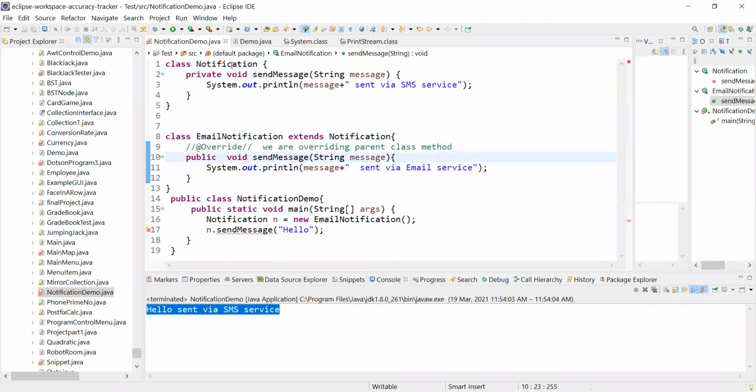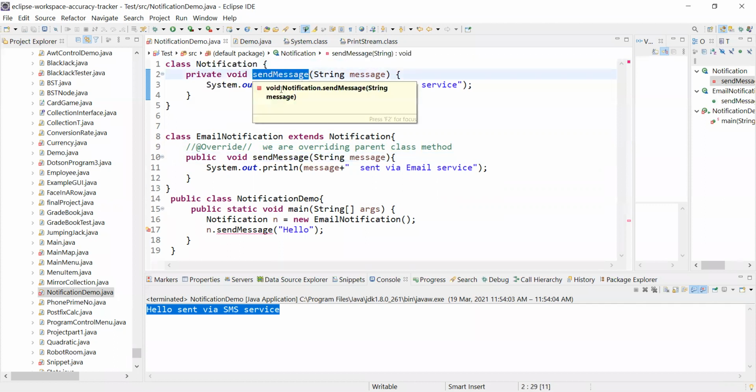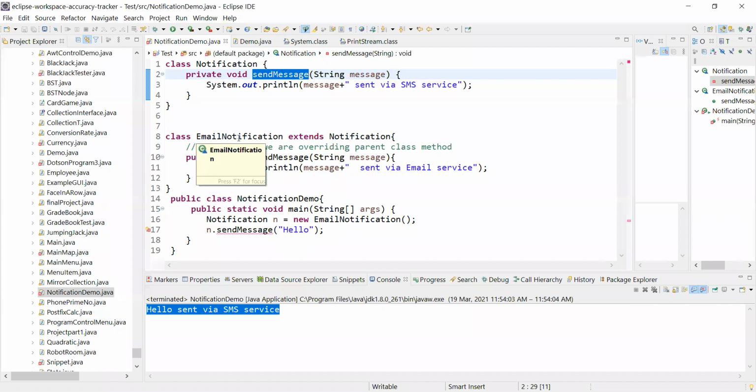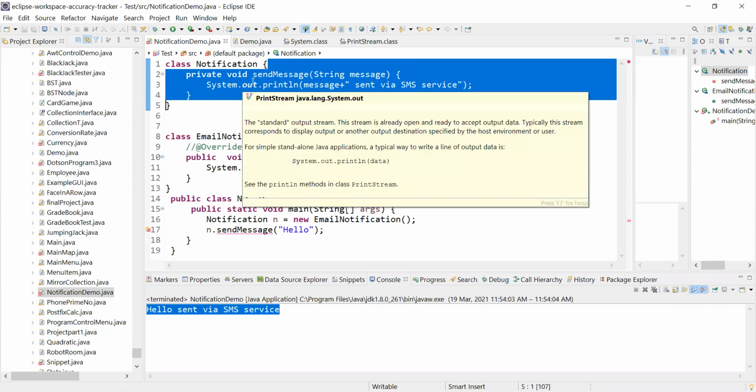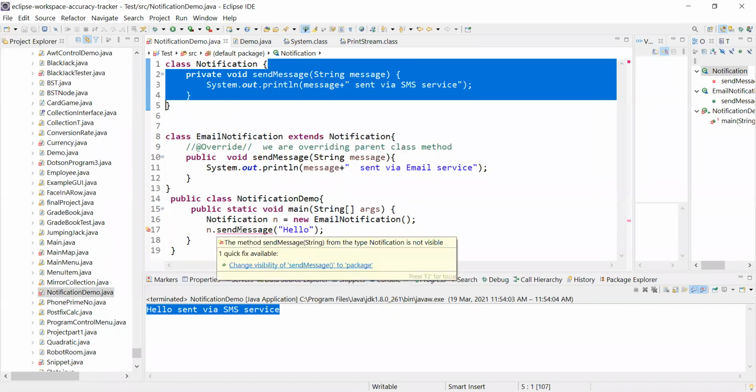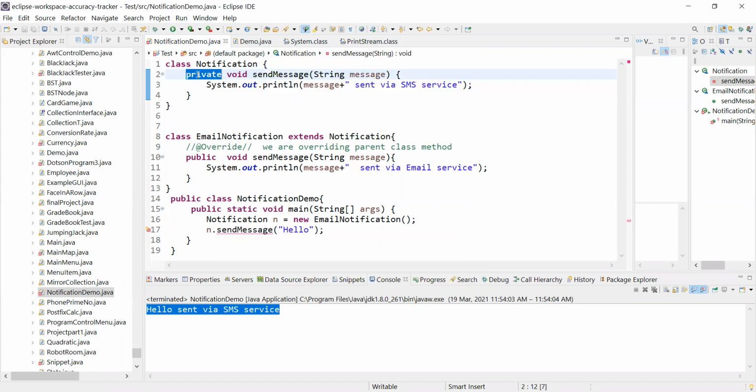And Notification class has a separate method which is basically sendMessage. So you can see EmailNotification is not inheriting anything from Notification class, because this is private and it's visible within this braces, not beyond that. So you can see here at line 17 we are getting an error which is saying sendMessage(String) from the type Notification is not visible. Why? Because this is private. Make sense, guys?